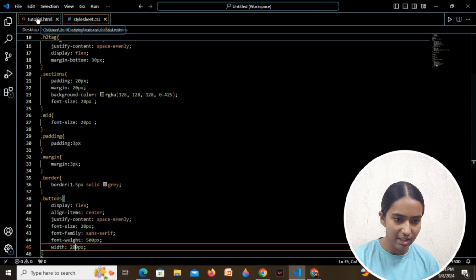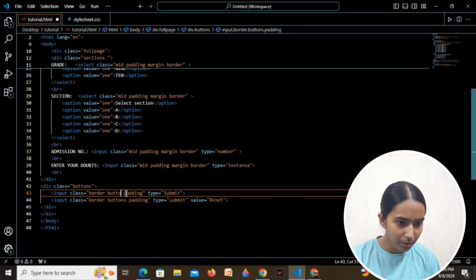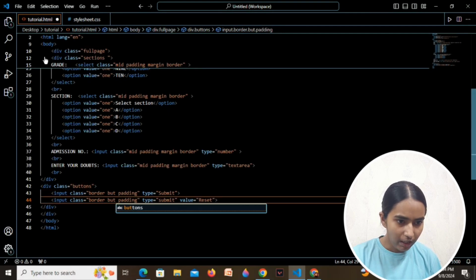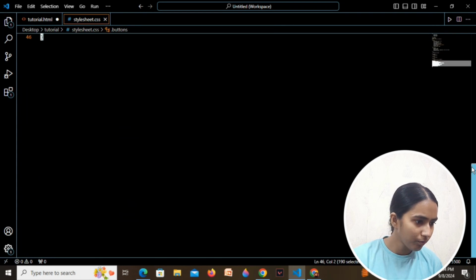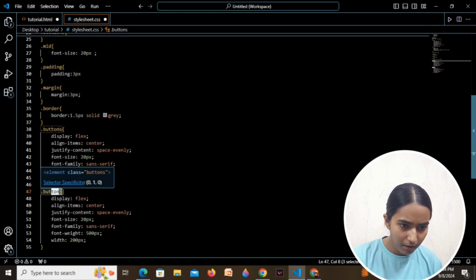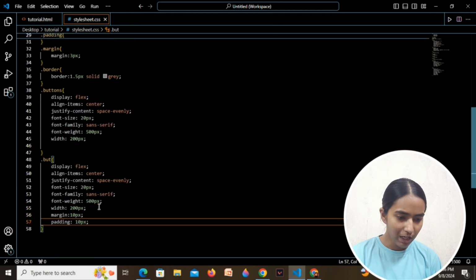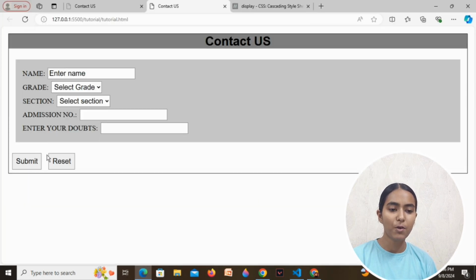Now I need to separate these things. I need to separate it over here. So I'll keep it to be but, and that buttons. So I'll copy paste this entire code and write it in but. So I will add a margin and padding in this but part so that the buttons get separated. Let me save both things and run them. So see, the buttons are already separated and this contact us form seems to be so good compared to what it was before. And you can see the power of CSS.